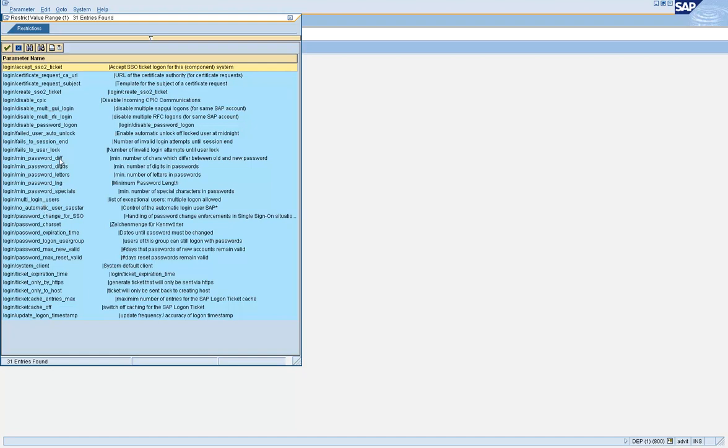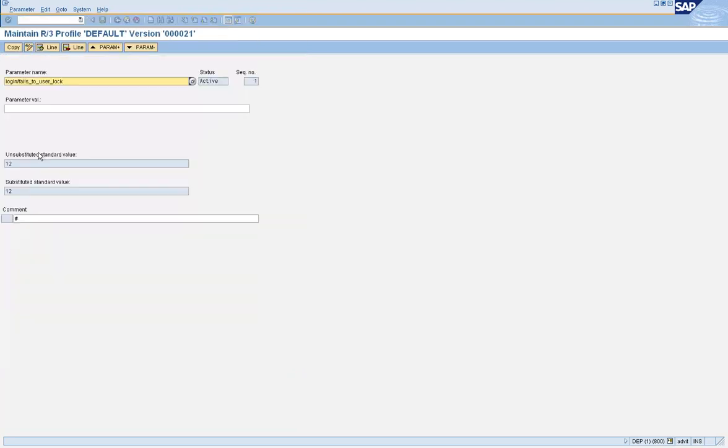Fails to user lock: the number of invalid login attempts until the user locks. By default, SAP gives you 12 attempts, on the same day or at the same time. Let's set it to 3. After 3 invalid attempts, the user ID gets locked.